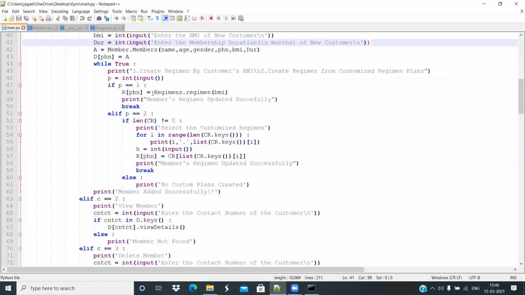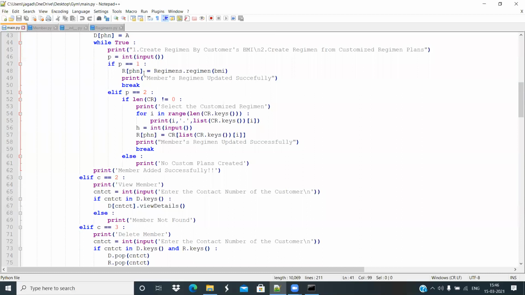So if it is based on BMI, it calls regiments dot regiment, which is the function in that Python file, and BMI is given here. That's how this gets stored, and it shows member's regiment printed successfully, and it breaks.